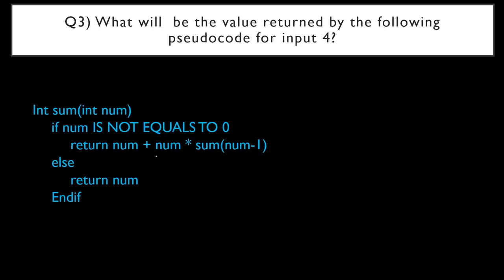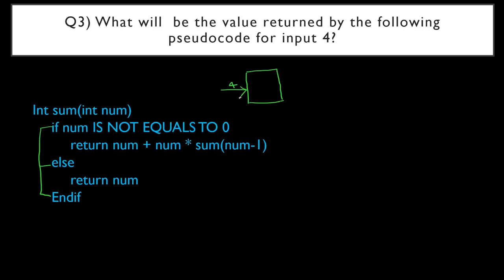You can see here this is a function named sum and it is calling itself. So it is recursion. Be ready to start with recursion. First we'll draw the first function call. In the first function call, we will give the input as 4, that is, this num value will be 4. Then you check the condition: if num is not equal to 0. The value of num is 4, it is not equal to 0, that means the condition is true.